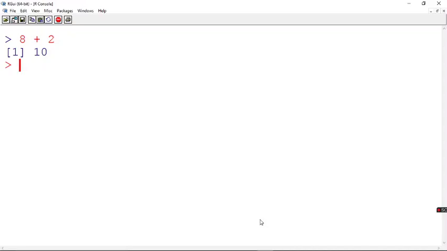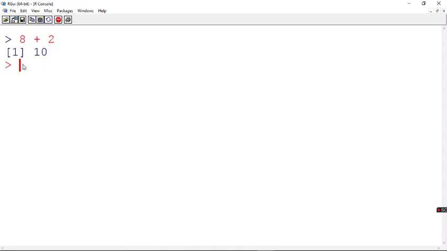In R, every operation which is performed is considered to be a function call. So finding the sum of something is also considered a function call. This is a built-in operator, and it can be converted into a function call, and only then do you get the output.